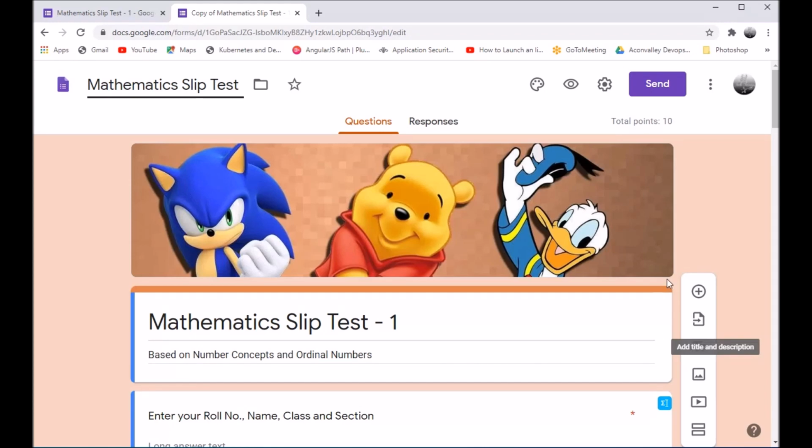Now she can forward this link to her students and she can collect the responses for her class which she is handling. This is how a teacher can share the form created by her